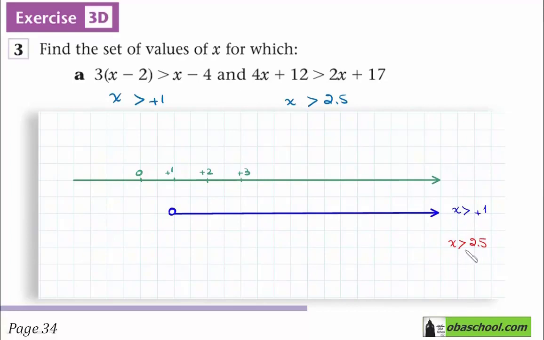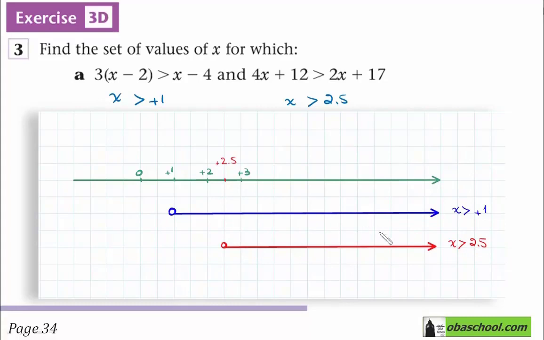For the second inequality, we have the set of values of x greater than 2.5. Since the value is 2.5, which is between 2 and 3, and since it is greater than without equal, we draw on 2.5 a hollow circle and go ahead to the right side of 2.5. After drawing the two directions for the set of values of the two inequalities,